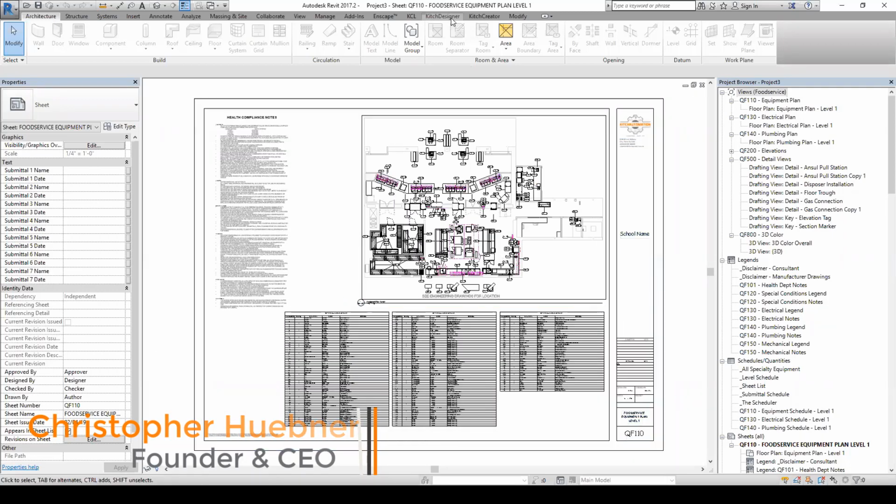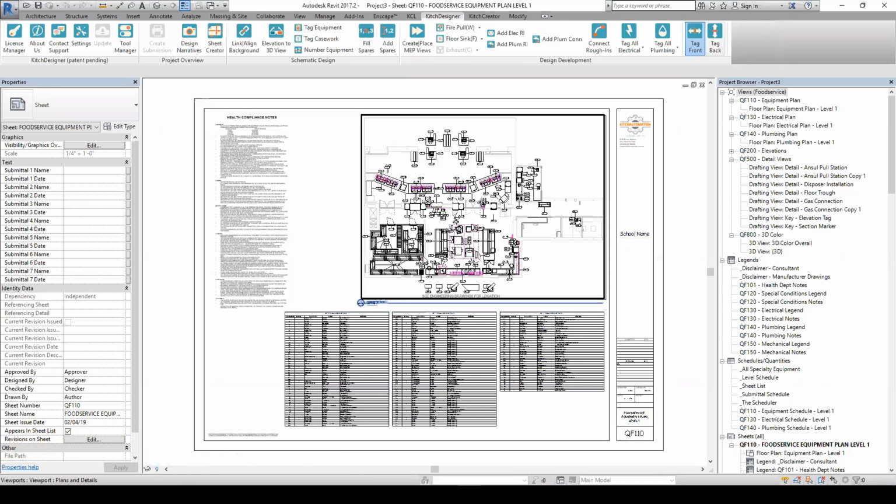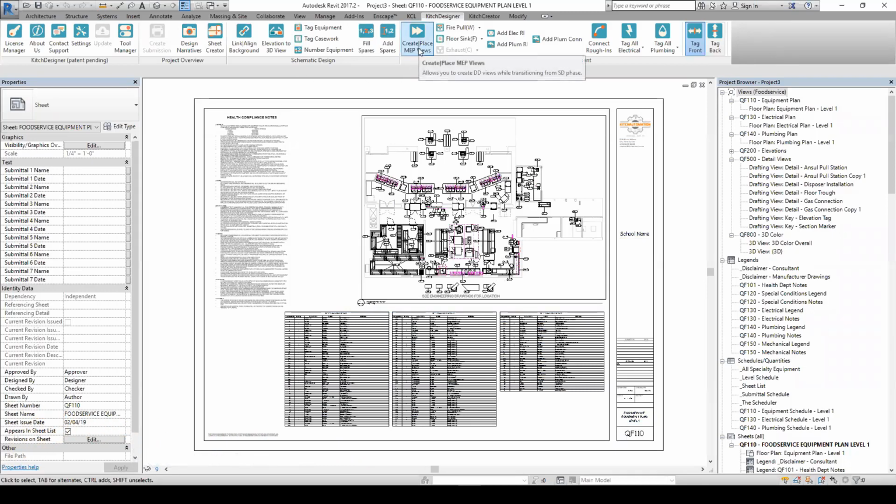So the tools we're going to go over in this webinar are Create, Place, MEP Views. We're going to use that to create our electrical plan and our plumbing plan. Then we're going to go to add electrical rough-ins, then add plumbing rough-ins, and then we'll add plumbing connections. The plumbing connections will just be used for the indirect waste over the like sink bowls, and really we're just placing the indirect waste exactly where they are on the equipment. And from there,